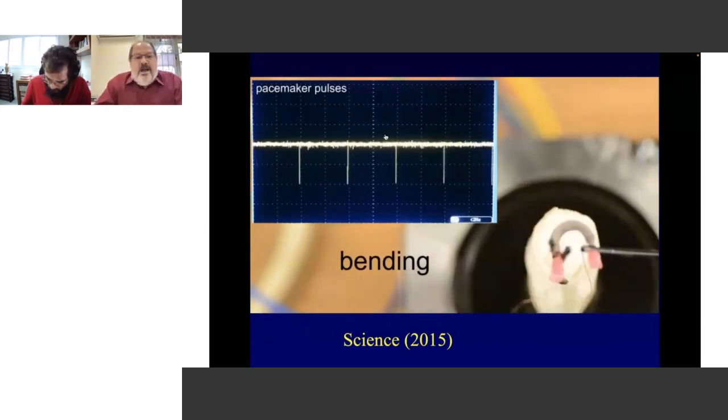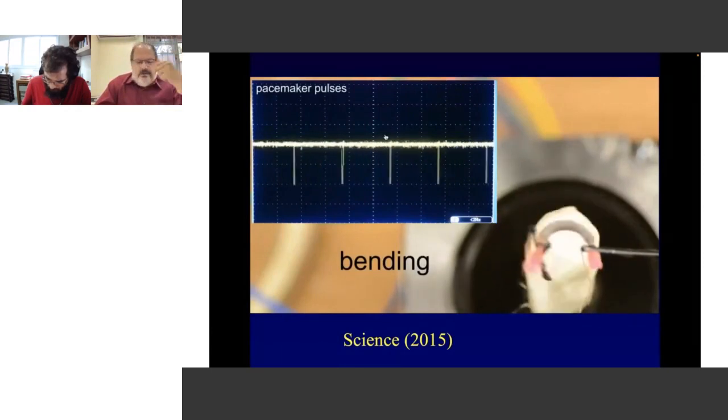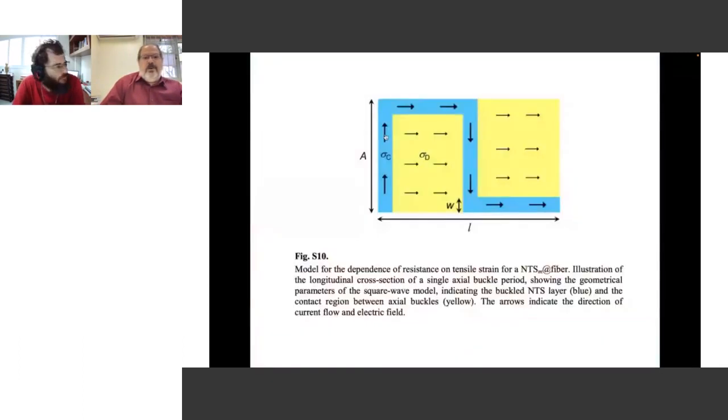You can bend it, you can stretch it, you can curl it, you can do anything with it, and the conductivity doesn't change. How can I explain this? Again, it's a problem that needs modeling. You cannot use first principles because it's a huge structure. You cannot go for full simulation. You have the same kind of modeling that we did before for the stretch, right? So what we did was a nice piece of work by a PhD student at the time, and now he has moved to industry.